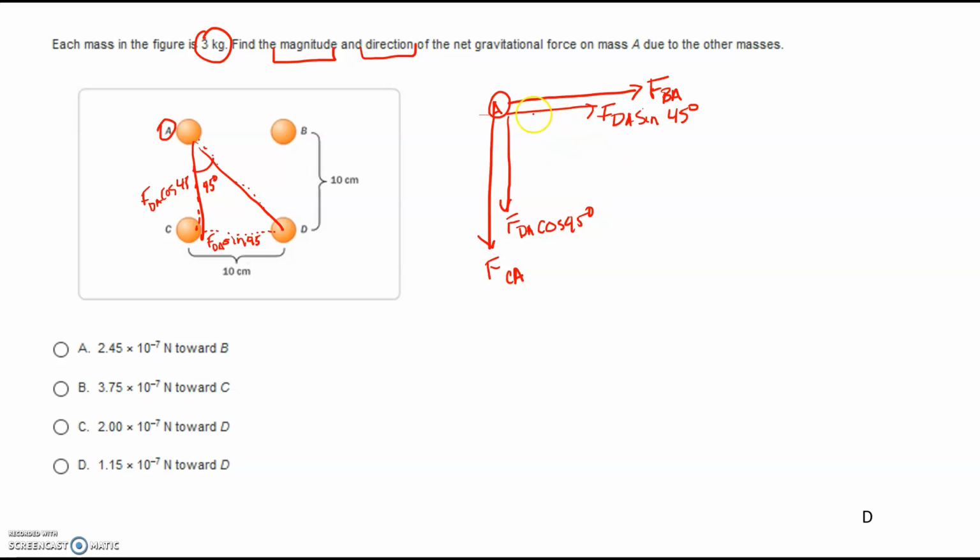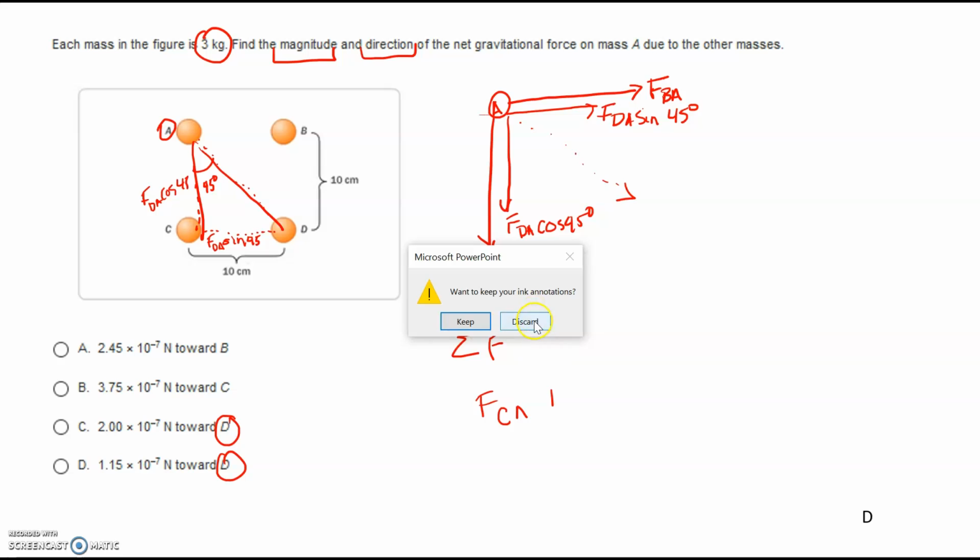And I know that the resultant is going to be in this general direction just because of the direction of the arrows. So I know it's going to be in the direction of D, so it's one of these. And so I went ahead and I summed the forces. I was like, okay, so I have the sum of the forces. I have FCA